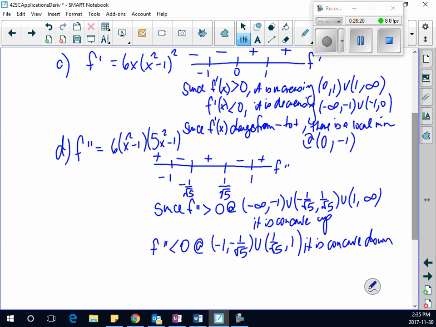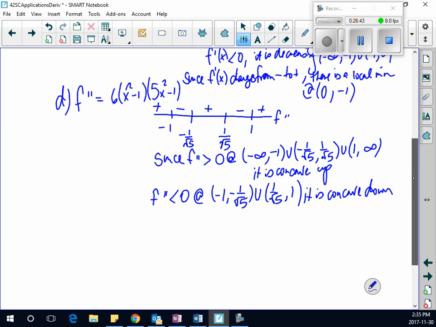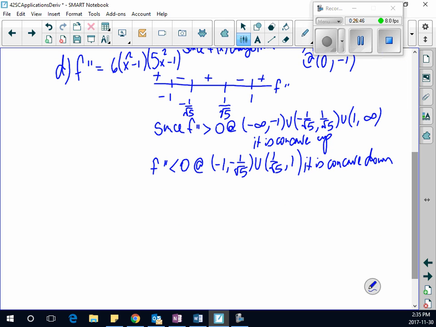Now we have changing of signs. So what does that indicate? We have an inflection point possibility. We actually have the possibility of 1, 2, 3, 4 inflection points. We don't have anything that's undefined, so they're all going to be inflection points, right? Yep. So since f double prime changes sign, we have inflection points